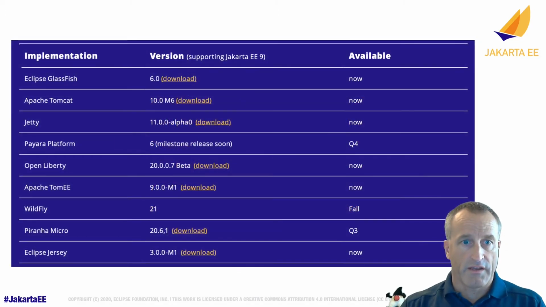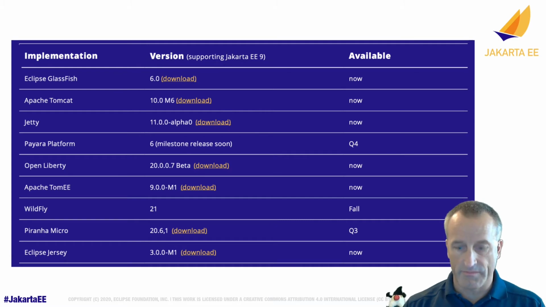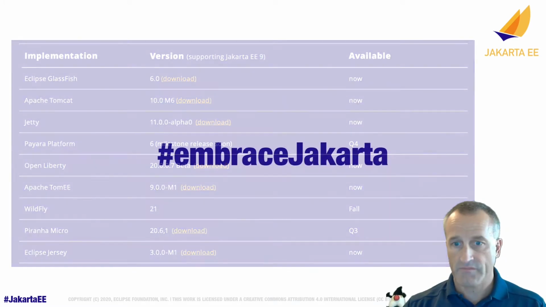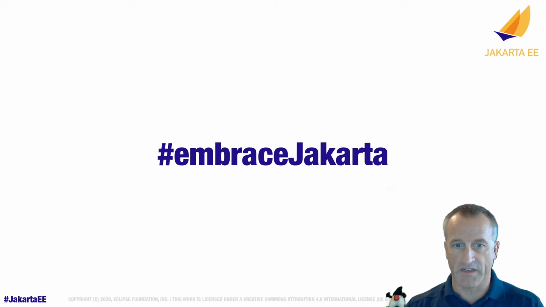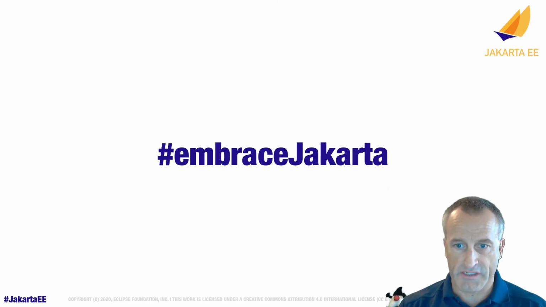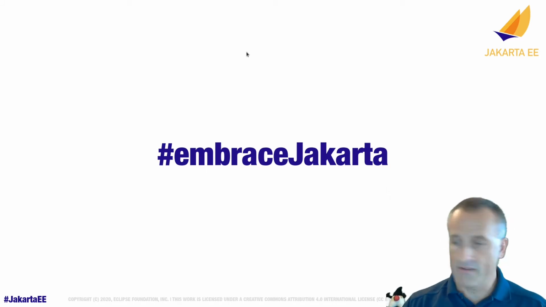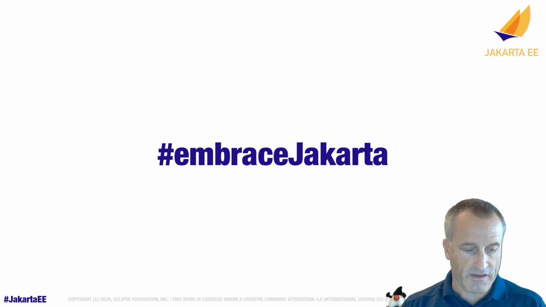And there are more. As I mentioned, Eclipse Glassfish is coming in version 6, which will support the full and web profile. I showed you Tomcat and Jetty. You also have Payara, Open Liberty, Tommy, Wildfly, Piranha, etc. And you have more. If you want to get on this list and show that you're supporting the Jakarta namespace, if your app does it, if you have a cake with the Jakarta namespace on it, or if you have an application server, tweet Embrace Jakarta, hashtag Embrace Jakarta, and we'll put it on some list somewhere. And we'll make sure to make the world know about it when we release Jakarta EE9.